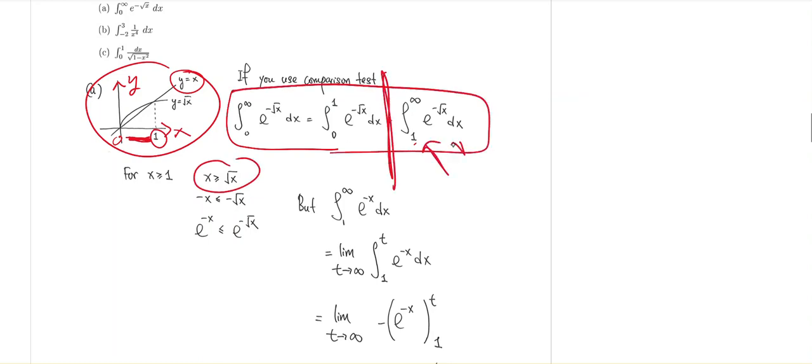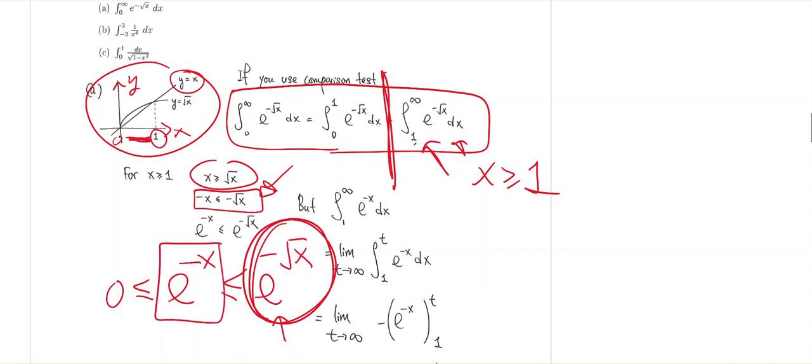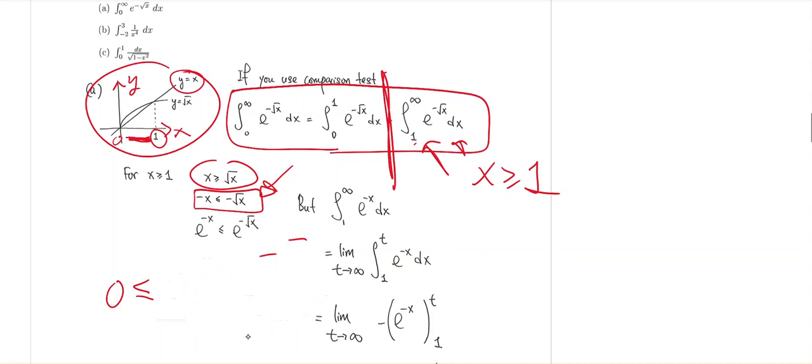And here, all the x values will be greater than or equal to 1. Then this inequality will hold, and you will be able to get this by multiplying by negative across, and because the exponential function is an increasing function. So once you have this, e to the negative x will be less than or equal to e to the negative square root of x. This is in the spirit of the comparison test, because we wanted to find the improper integral involving these functions. If you don't really know how to integrate it, you might want to try to integrate something that is easier. So once we have this inequality,